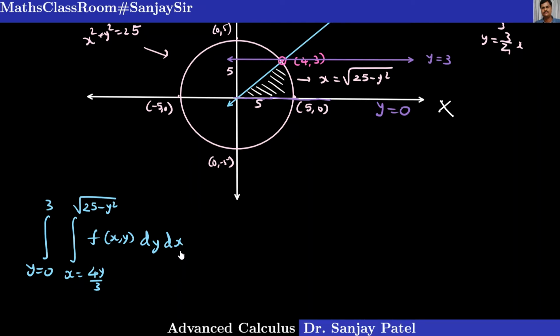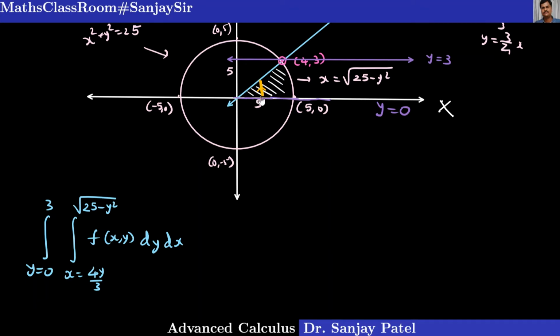So whenever you want to integrate with respect to y, I told you in my previous videos that you always think of an arbitrary strip in the region of integration which is vertical, or you can say parallel to y-axis. I want to integrate with respect to y, so I will think of an arbitrary strip parallel to y-axis in the region of integration. And what you should check is the upper end and the lower end of this strip must lie on the same curve if you move this strip anywhere in this region of integration.